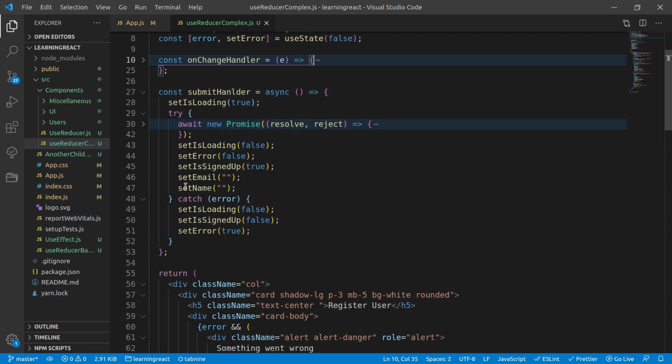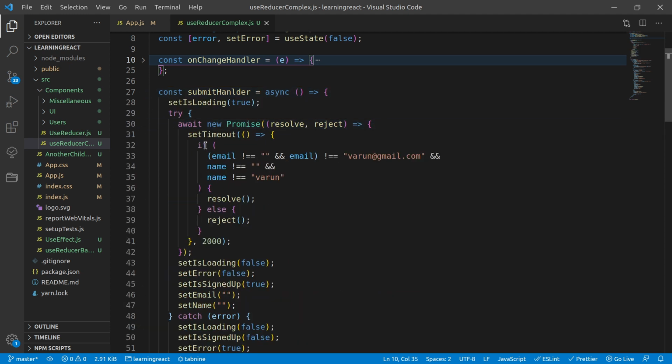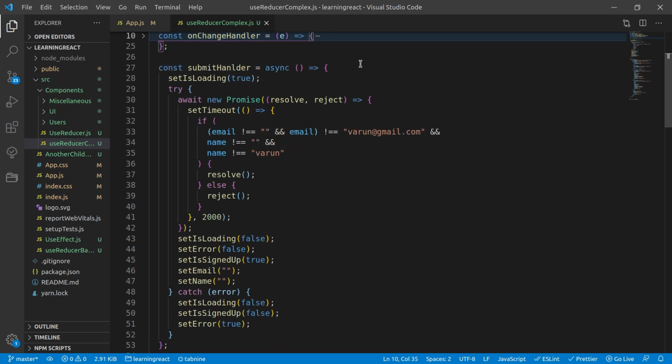And here comes the submit handler. This is where we are actually doing some kind of complex logic. You can see that whenever I'm clicking on the submit button, it should show the loader first, right? There is a setIsLoading true. And then there is a try catch block because we are going to use async await. I'm just returning a promise with a setTimeout function. As I mentioned, I'm not going to make an actual API hit. I'm just trying to fake the system as if it is an API hit.